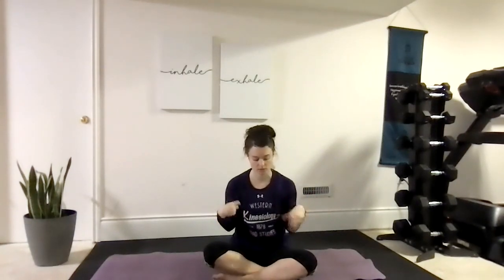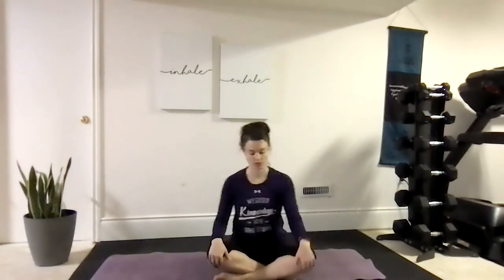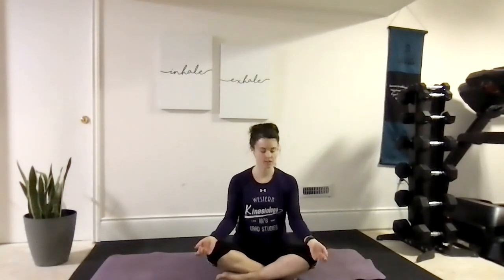wiggle the fingers, maybe wiggle the toes, give ourselves little circles at the joints, maybe even hugging the knees or rolling the shoulders, finding ourselves in a tall seated position at your leisure so that we can say our final goodbye together. With our hands coming just down on our knees,